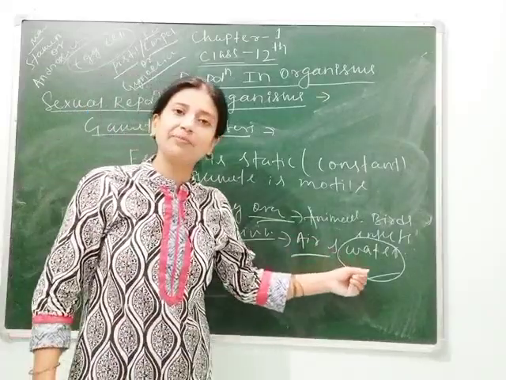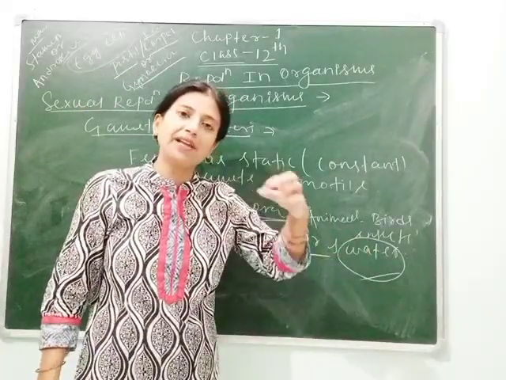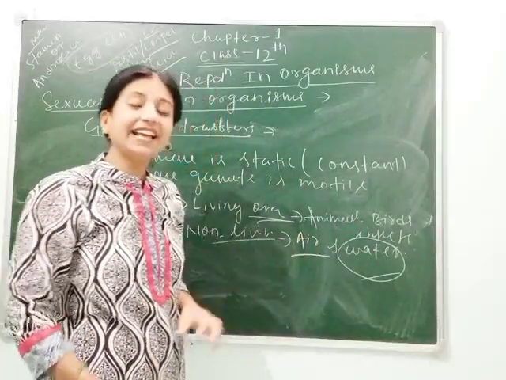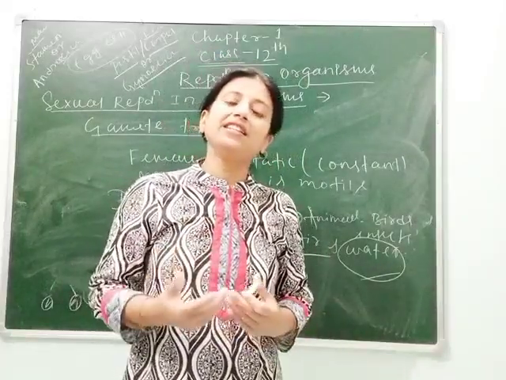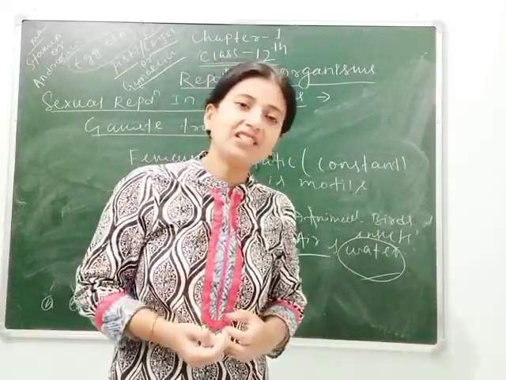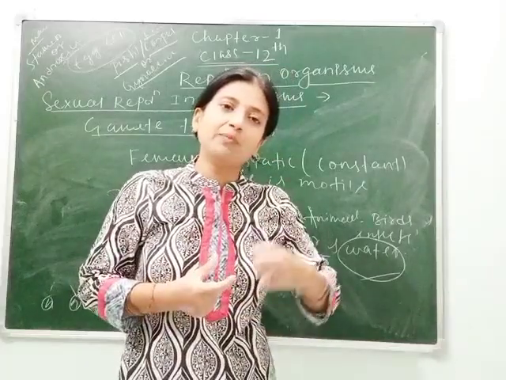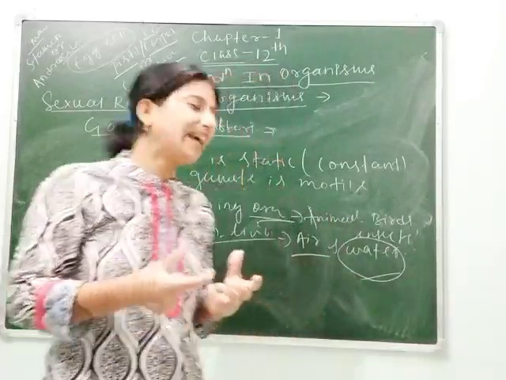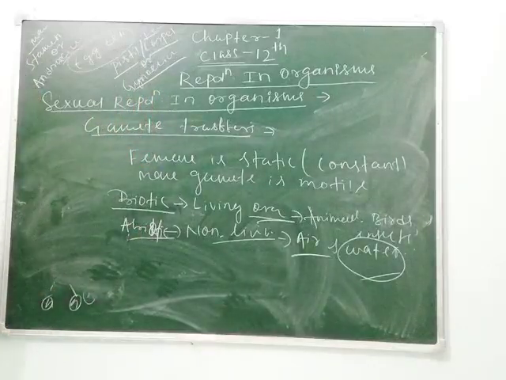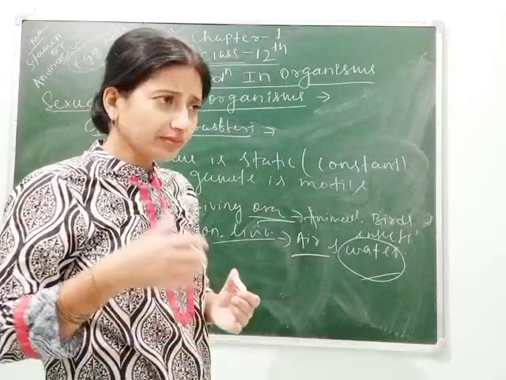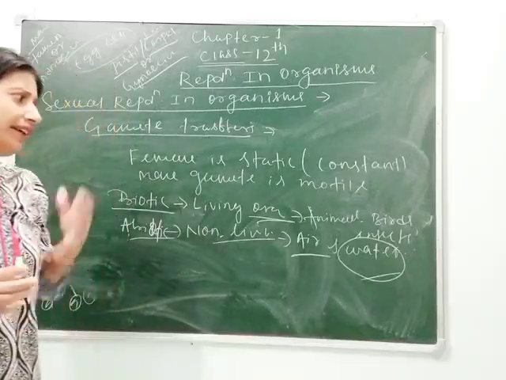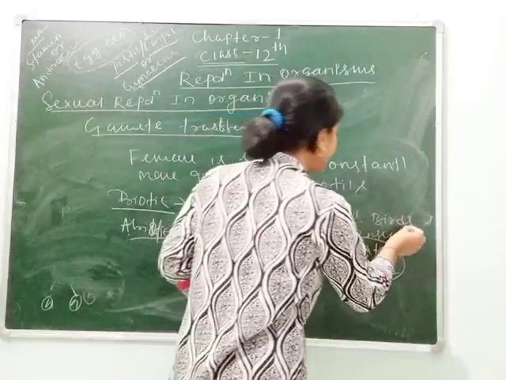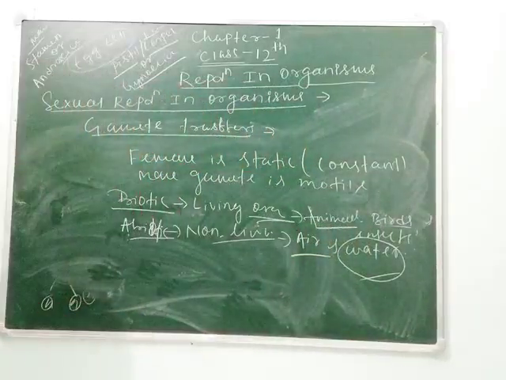So here the medium is water, which helps in the transfer of the male gamete towards the female gamete. Next, air. In some monocots like rice, maize, barley, etc., air is the pollinating agent: pollen grains go through air towards the female part and fertilize there. Insects are the most important pollinating agents in the world, meaning maximum pollination occurs through insects. Along with insects, some birds and animals also help in transferring gametes.